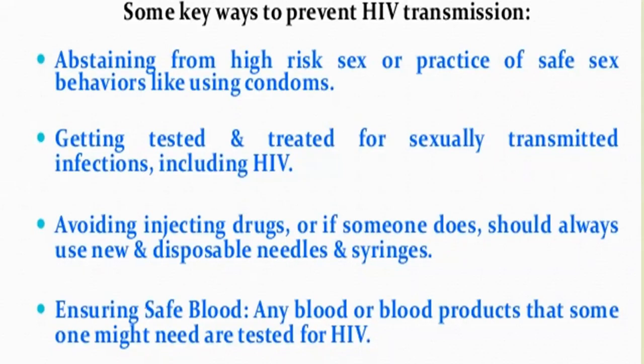So transmission prevention is very easy, like safe sex behaviors, and if the person follows the Islamic rules, then sexually transmitted infections can be controlled. Avoiding injecting drugs, and disposable needles and syringes are to be used. Safe blood, ensuring blood transfusion must be safe. Cross matching must be done so the person can be safe from all